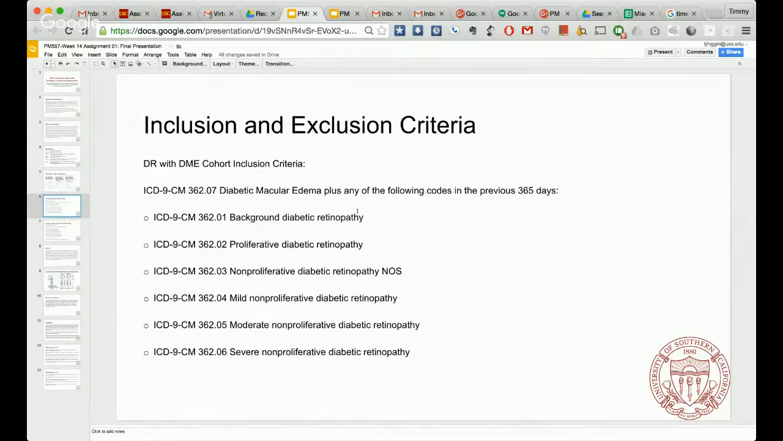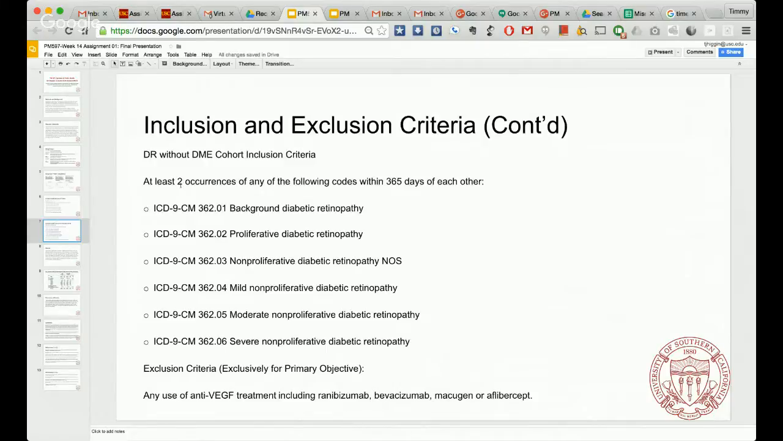Inclusion and exclusion criteria. These are the ICD-9 codes that were used to determine the two different cohorts. The DR with DME cohort inclusion criteria involved having a code of 362.07 along with one of the other DR codes, 362.01 through 362.06. And for without, it was 2 occurrences of DR codes within 365 days of one another, as well as no treatment of an anti-VEGF, vascular endothelial growth factor,